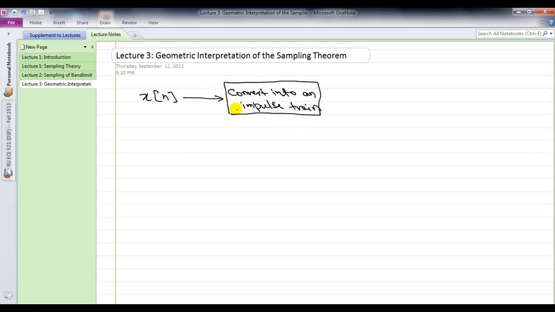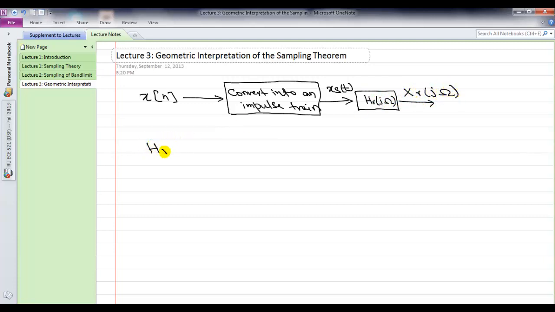And once you have done that, the output of that box, which is xs(t), you simply low pass filter it with Hr(j omega). What you get out is Xr(j omega),